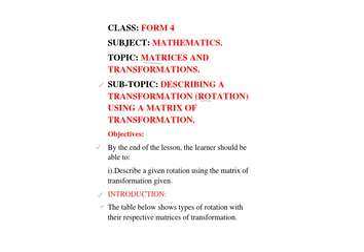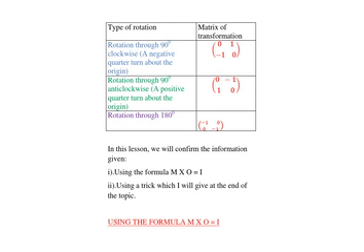The table below shows types of rotation with their respective matrices of transformation. And in this lesson, we will confirm the information which is given in the table. One, using the formula matrix multiplied by object should give you image. And two, using a trick which I will give at the end of the topic. Let us start with using the formula M multiplied by O is equal to I,